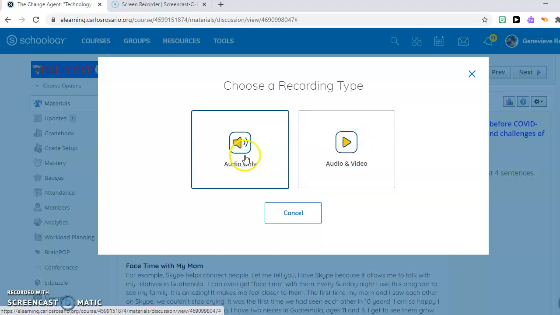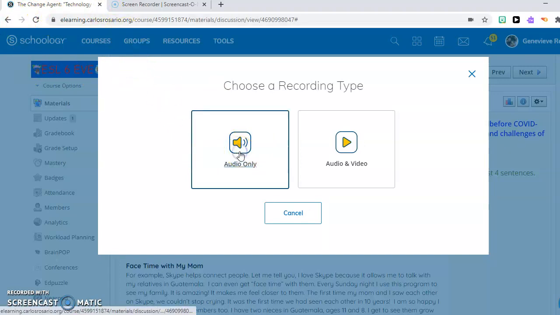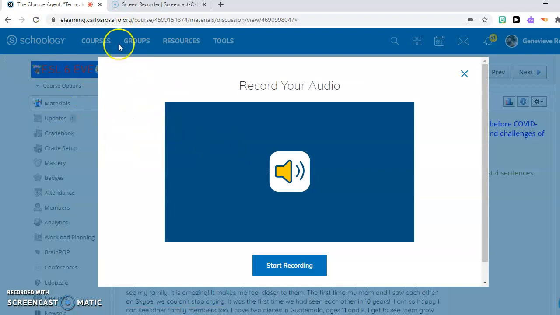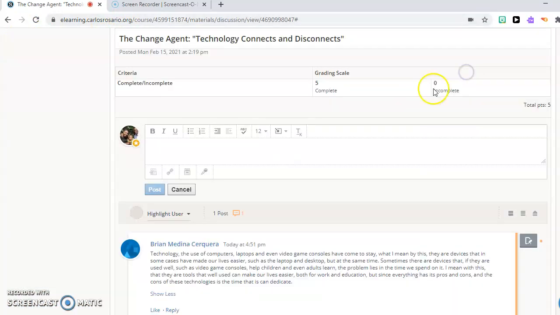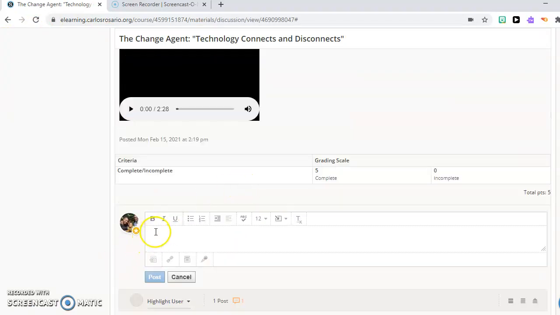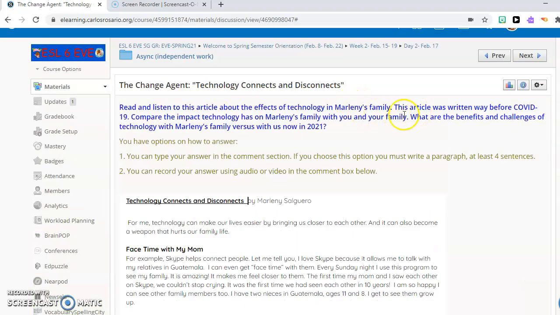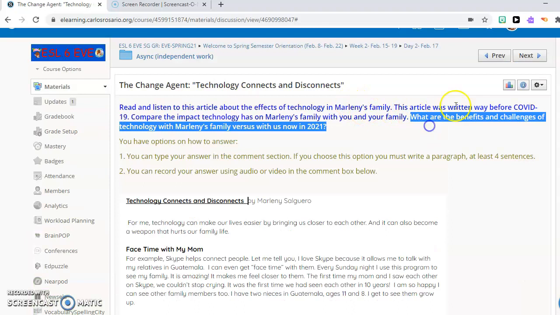Okay, make sure when you select one that you'll see a pop-up box that says it allows you access to the microphone. So you will click OK, allow. All right, and that's what you will do. So it is a paragraph. All right, and you'll be answering this question. Be sure to read everything clearly. If you have any questions, you let me know.